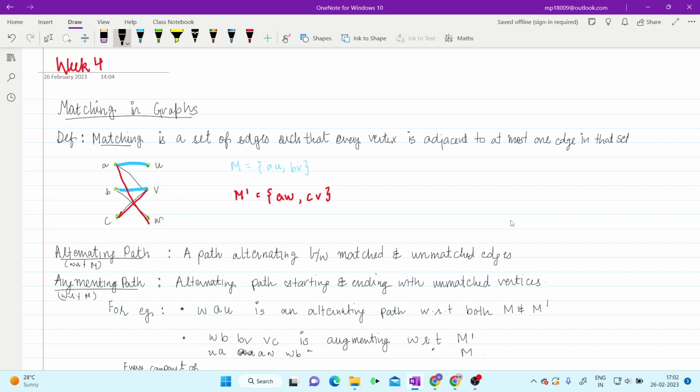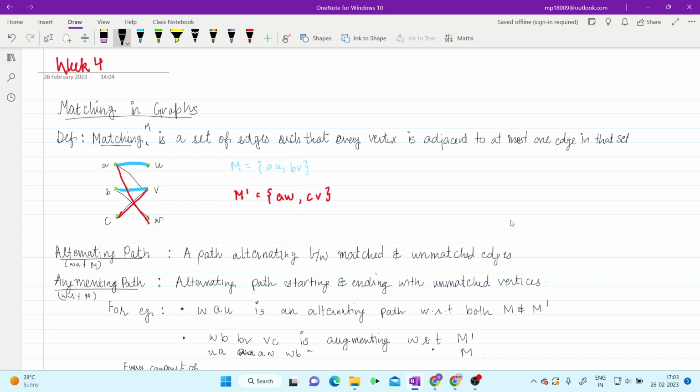So first of all, let's recall what a matching is. A matching is a set of edges. Given a simple graph G, a matching is a set of edges of that graph such that every vertex of graph G is adjacent to at most one edge in that matching set. So each vertex in a matching is allowed to be adjacent to